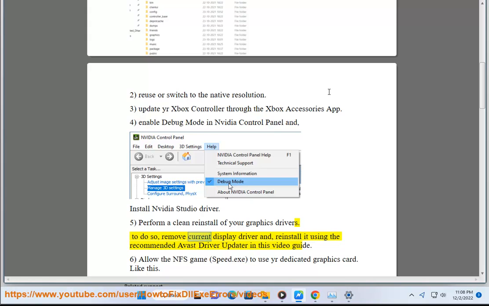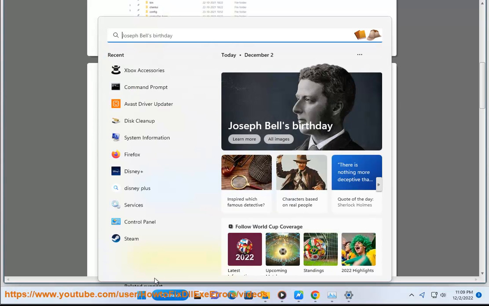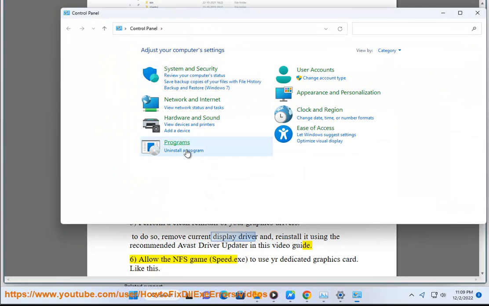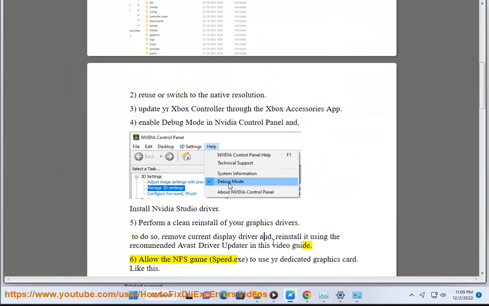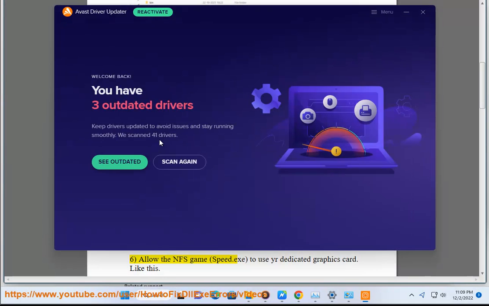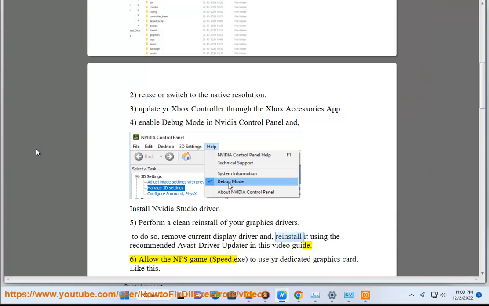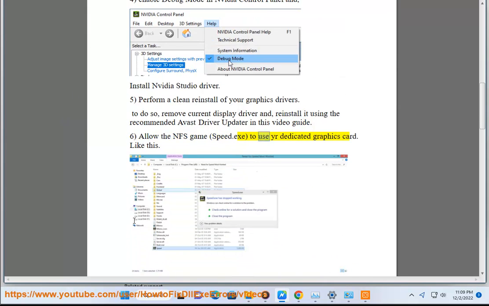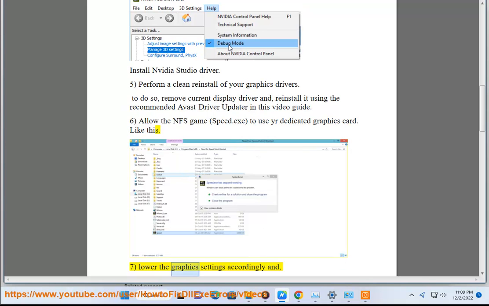To do so, remove the current display driver and reinstall it using the recommended Avast Driver Updater in this video guide. 6. Allow the NFS game, speed.exe, to use your dedicated graphics card. Like this. 7. Lower the graphics